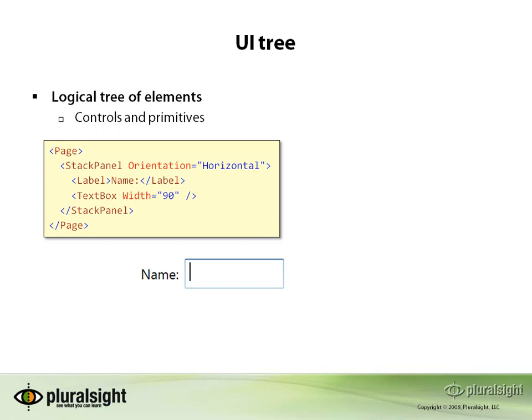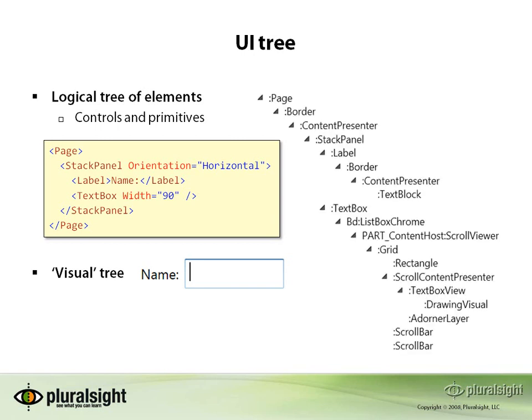WPF therefore presents 2 views onto the UI structure to the code. The logical tree, which is what we're looking at here, and then the visual tree. This includes everything that is required to make the user interface visible. The visual tree is typically a superset of the logical tree. You can see here that all the logical elements are also present in the visual tree. So these 2 trees are really just 2 different views onto the same set of objects that make up the